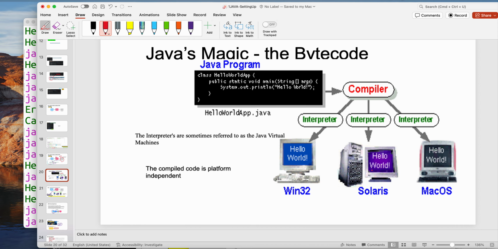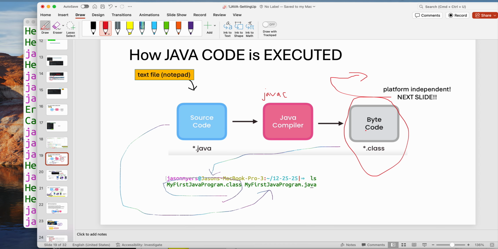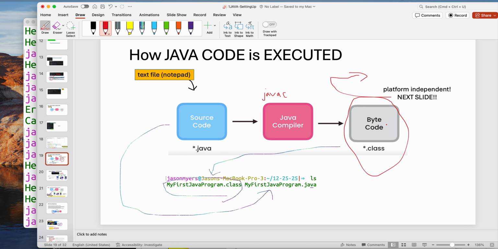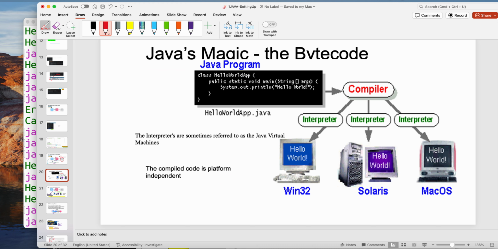these proprietary systems. So the compiled code, which is what this is, the bytecode, in fact, is platform independent. So this bytecode is platform independent. So you can take this bytecode on its own and literally run it through the Java virtual machine or interpreter, and it would create a Java program for each of these. So if you take the bytecode and put it through the Java virtual machine for Mac OS, you can run